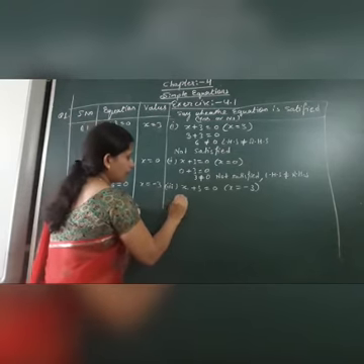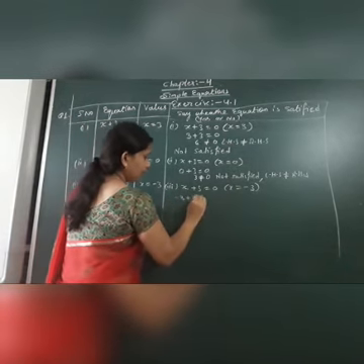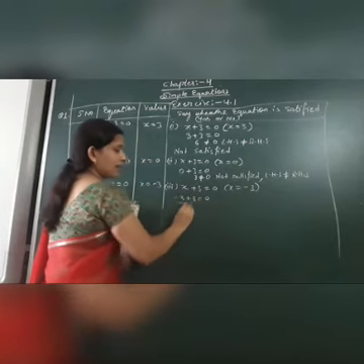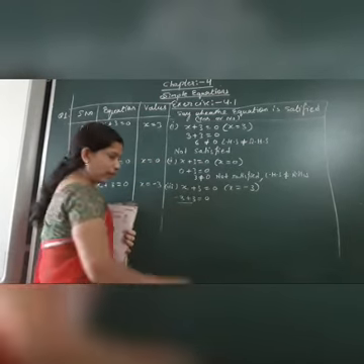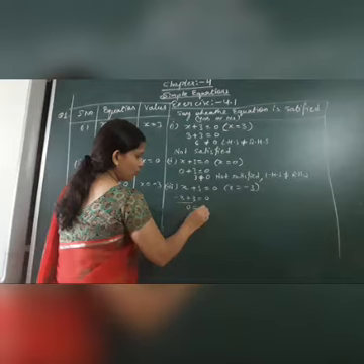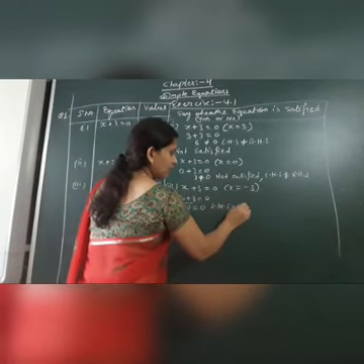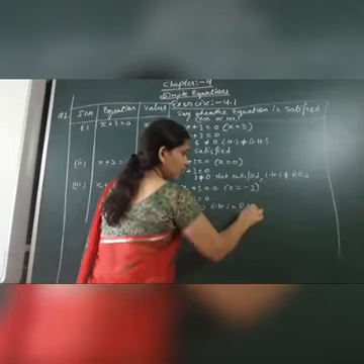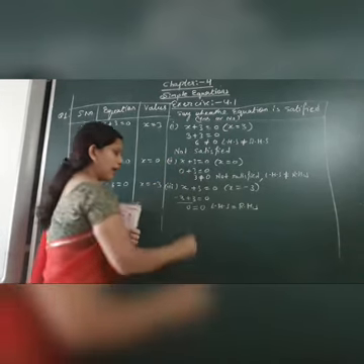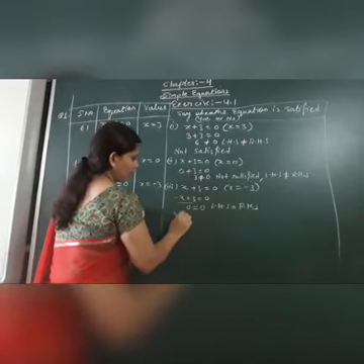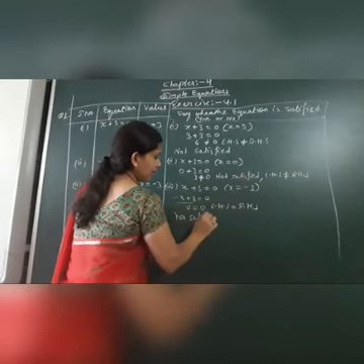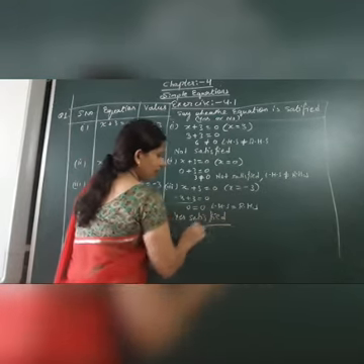So here minus 3 plus 3 is equal to 0. Minus 3 plus 3 will get cancelled over there. So it will become 0 is equal to 0. Look at here, LHS is equal to RHS. LHS की जो वैल्यू है वो RHS के बराबर है. Hence it is satisfied. So you are going to write: yes, it is satisfied.